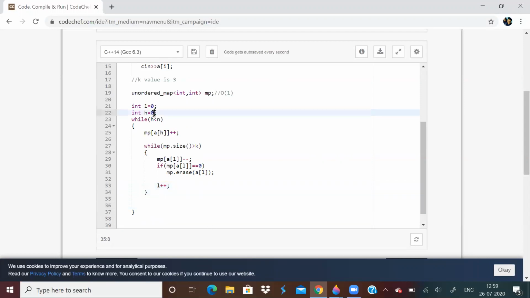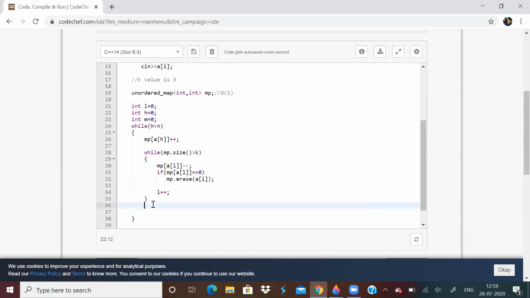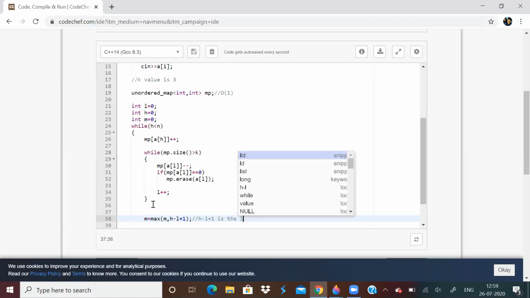And to find the maximum length, the longest subarray, I'll take a value m and I will store this. Basically, h minus L plus 1 is the length of the subarray.